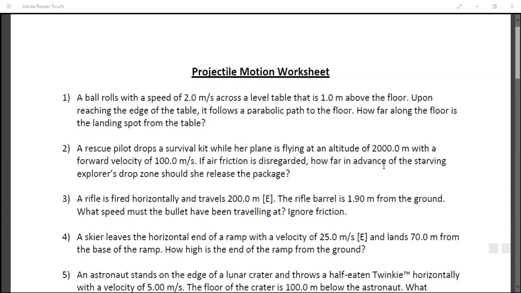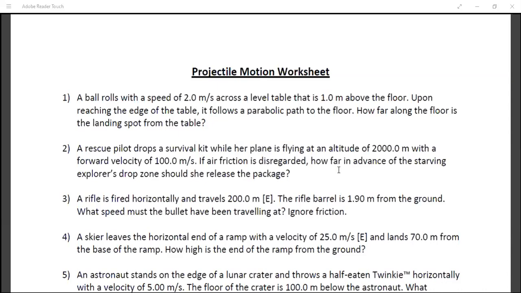Sneha? Yes, sir. How did you get that answer as 0.9? Because Rajesh is saying something around 0.58 meter. Yes, Sneha, how much did you get? Sir, I got 0.894 meter approximately.